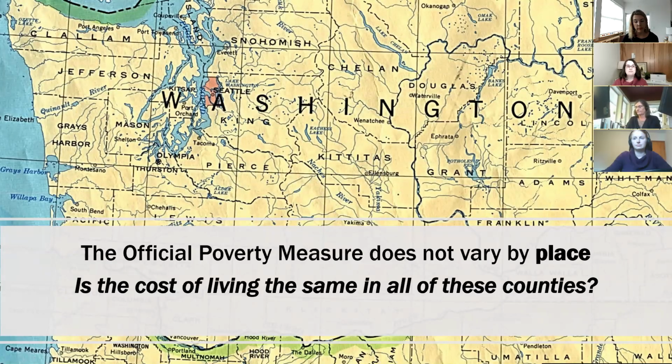And with the exception of Alaska and Hawaii, the poverty measure also fails to reflect the geographic differences in the cost of living throughout the United States, as well as within a state. This is a big limitation. For example, one of the largest budget items, housing, rent that's paid, is 4 times as much in the most expensive areas compared to the least expensive areas of the United States.